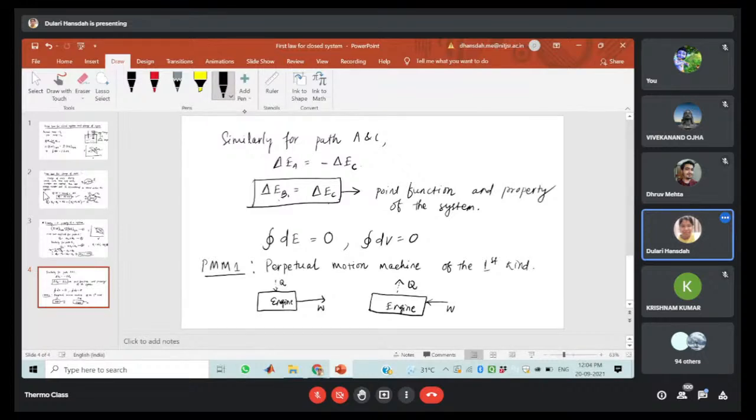ठीक है, डॉटेड लाइन जो यहाँ पे कर रही हूँ, ये इसलिए कर रही हूँ कि यहाँ पे कुछ है ही नहीं, हम जस्ट इमेजिनरी टाइप का कर रहे हैं. ठीक है, यहाँ पे जैसे देखिए कि यहाँ पे आपका कंटिन्यूअसली कंज्यूम हो रही है वर्क, अगर यहाँ पे कुछ भी नहीं है, कुछ भी आउटपुट दे ही नहीं रही है. ठीक है, समझ पा रहे हैं. तो दिस टाइप ऑफ एनर्जी, दिस टाइप ऑफ इंजन इज फिक्शियस इंजन. So this type of engine we can say PMM1 type of engine.